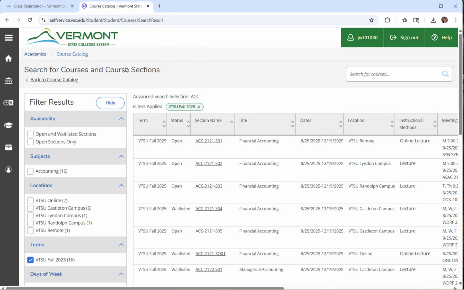So hopefully this has just given you a quick overview of how to search the course catalog and find courses in your major and selections of how you want to take those courses. Do you want to take the course in person? Do you want to take the course online? And do you want to take the course by Zoom if it's available? And then to be prepared to find general education electives that you will need to take through your